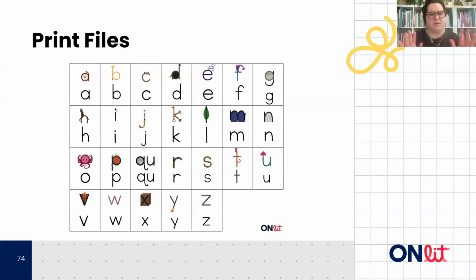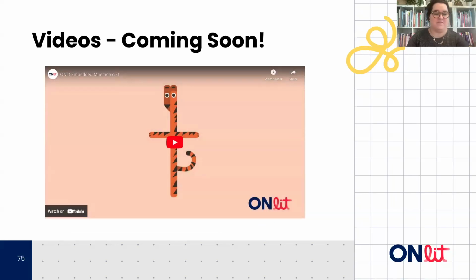This might look different. We're thinking about making it 2-sided and then including printing scaffolds with a starting point and arrows as well. So we'll see. But having a 1 page, so that way students either have it on their desk or on their table if your classroom has tables, or even stapled or glued into their notebooks. That way when they're spelling, if they need a reference, they have it there as well. So those are the print files.